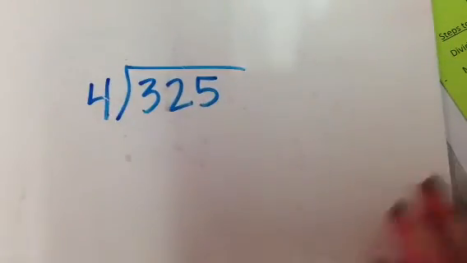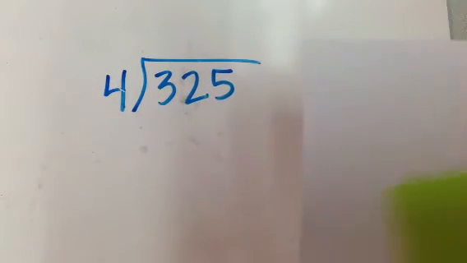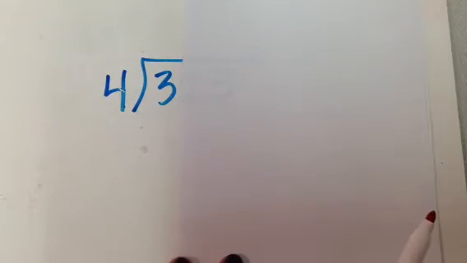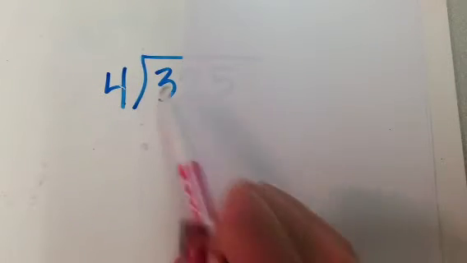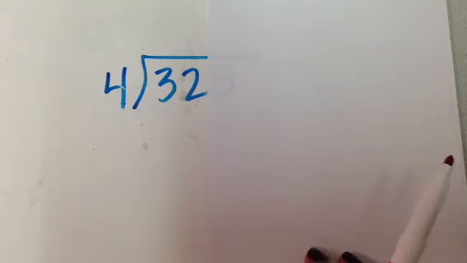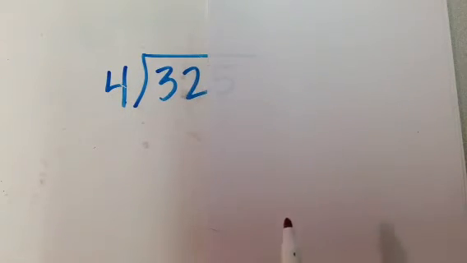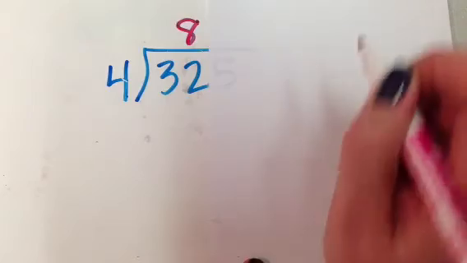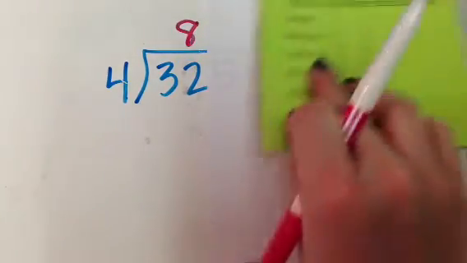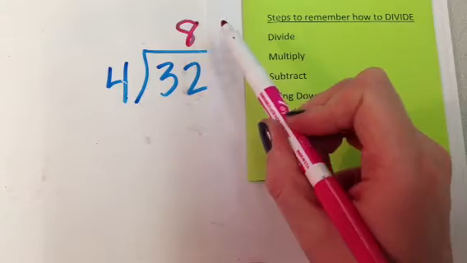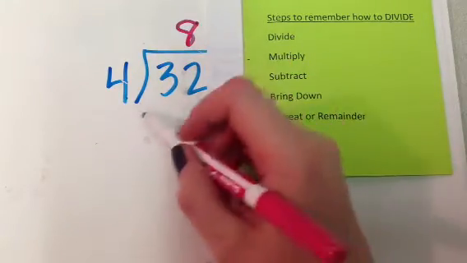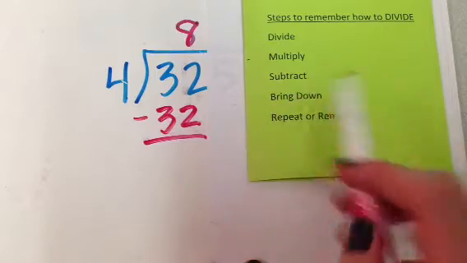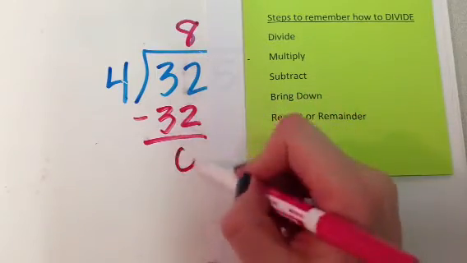Let's look at another example. 325 divided by 4. I'm going to cover up some numbers here. Can 4 go into 3? It can't, right? It's bigger than 3. So I have to slide over. Can 4 go into 32? It can. 8 times, right? And so here's my little list. I divide it in. I found it can go 8 times. And now I multiply. 8 times 4 is 32. And now I subtract. 32 minus 32, 0.